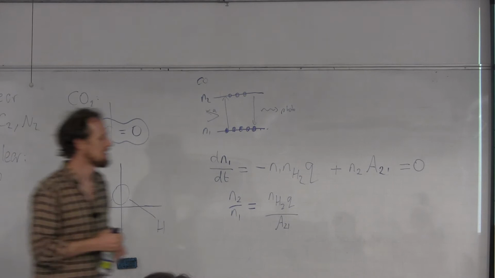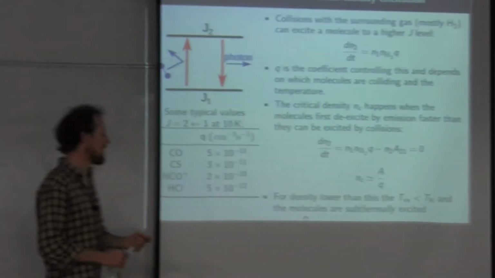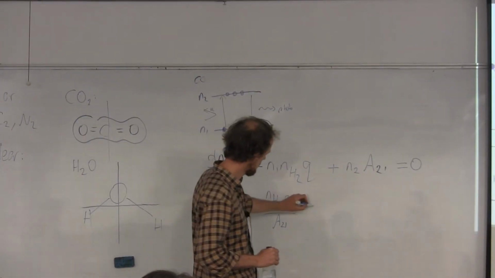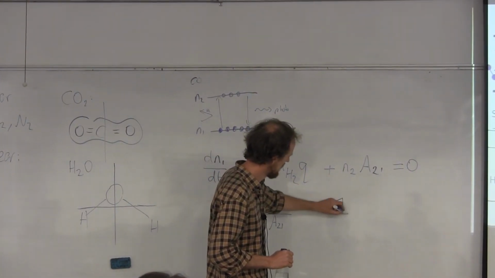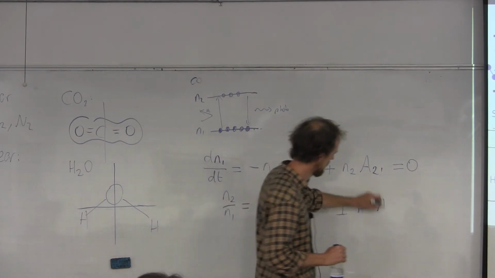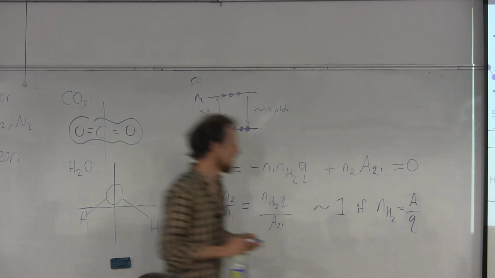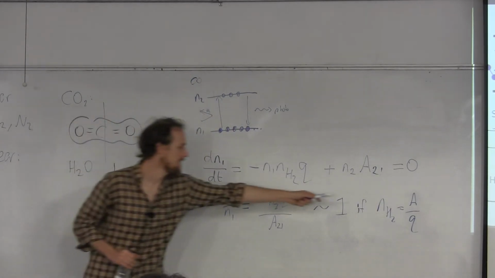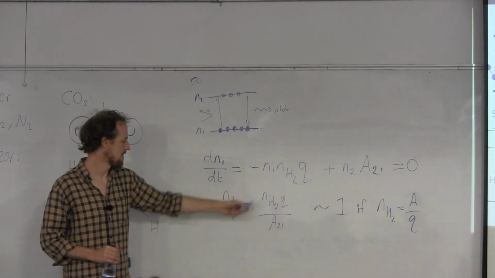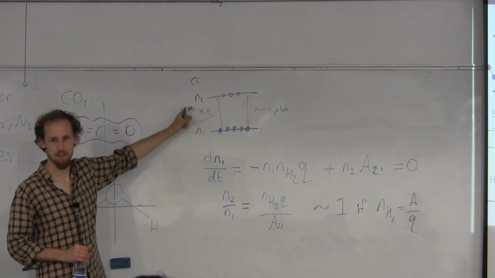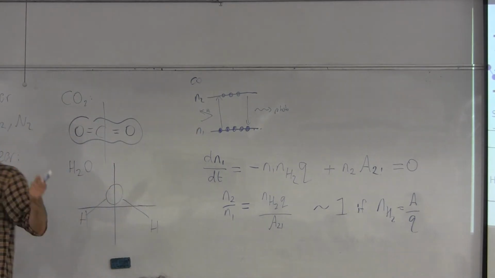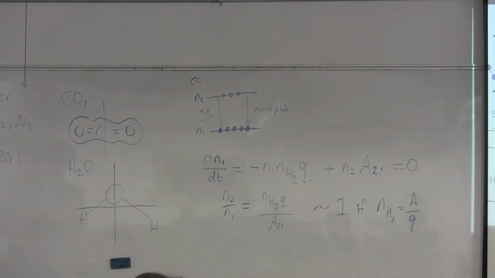And so there's a definition of one particular density. If n_H2 equals A over Q, so if you have a density which happens to be A over Q exactly, then you end up with an equal number of particles. So that's kind of a special level called the critical density. And if you look at some of these numbers,